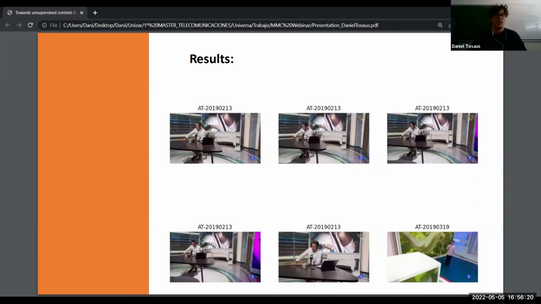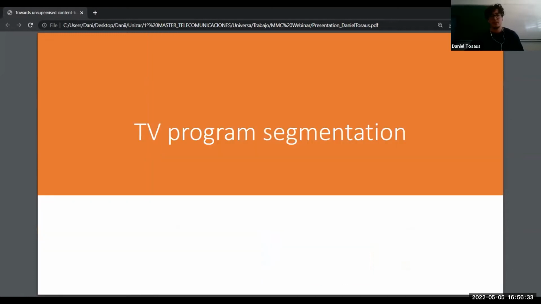I think this is a good example to see how this model understands these semantical concepts and how it can be used to find content in a given database. So now I'm going to talk about how, or whether or not, this technology could be used to perform automatic TV program segmentation. And the fact is that the semantic